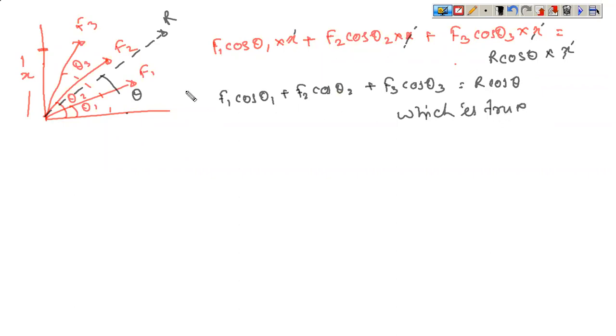This is true because the sum of all horizontal components is equal to the horizontal component of the resultant. So if this is true, this means that this automatically becomes true. So you have R cos theta. So this is your moment equation for static equilibrium. So that means if moment M1 is produced by force F1,